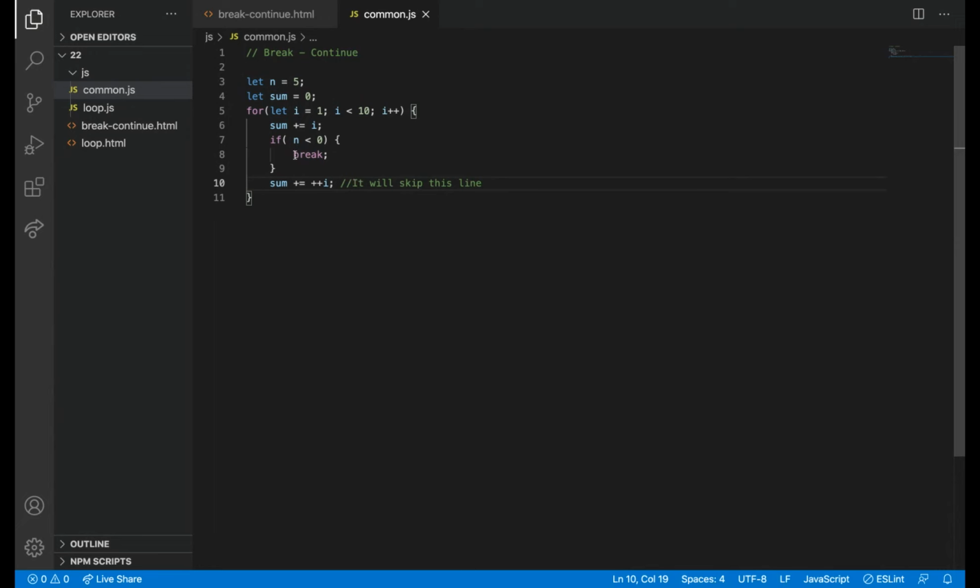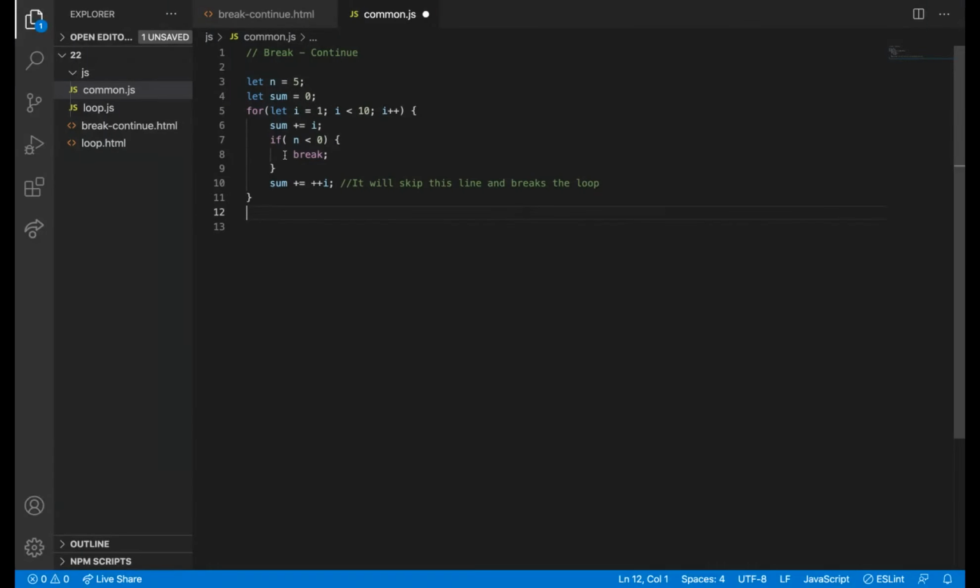It will skip this line and then it will come up and break the loop. So it will come here actually. Whenever it finds a negative number, it will come out of the for loop. So whenever we want to break a loop based on some condition, we will write it here. It won't execute this also. When this condition gets satisfied, it will come out of the loop. We can see some examples also.